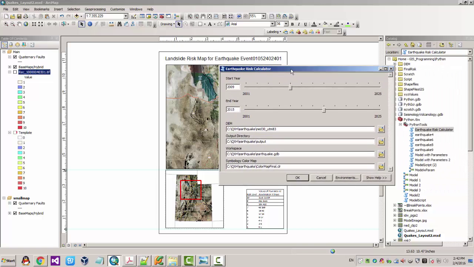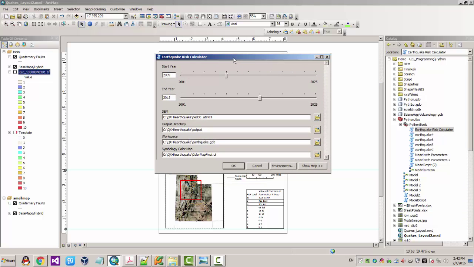So here's the tool interface for our script. As you can see here, the user can define whatever start and end year they want to download data for. They input a DEM, define an output directory and workspace geodatabase, and then load in the color map file. This is a .clr file. So this is all the user needs to do, and the script will automatically download the data and process it through the